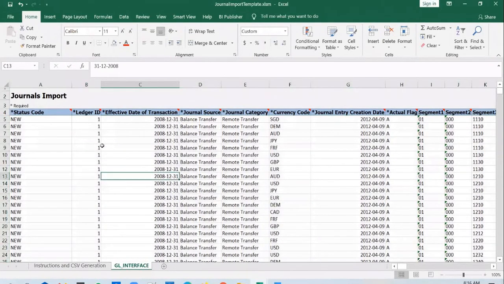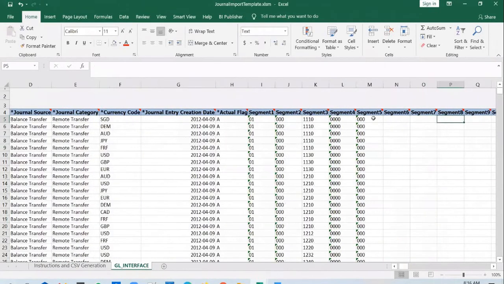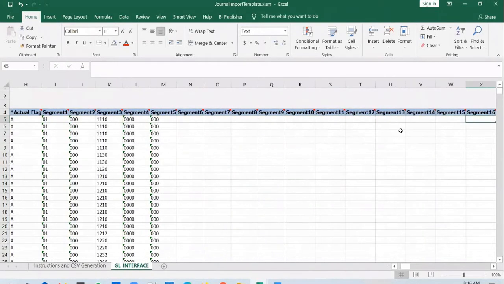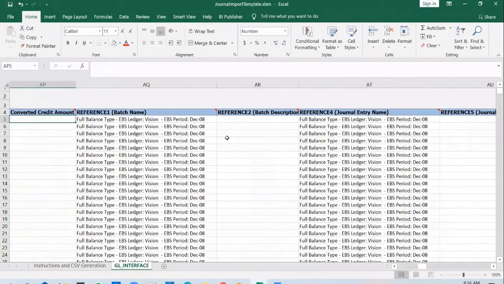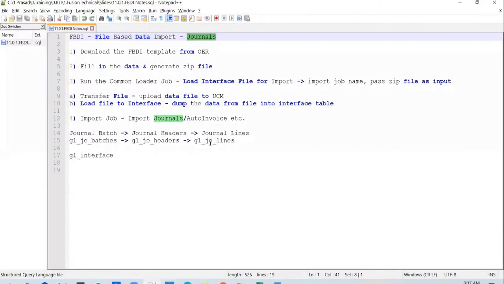So to import a journal, you need to pass in the ledger ID, the journal source, category, currency code, and the code combination with which a journal line needs to be created. And if you scroll to the right, you will notice that you can pass in reference fields as well. Since we have only one interface table, for journals you have three levels.